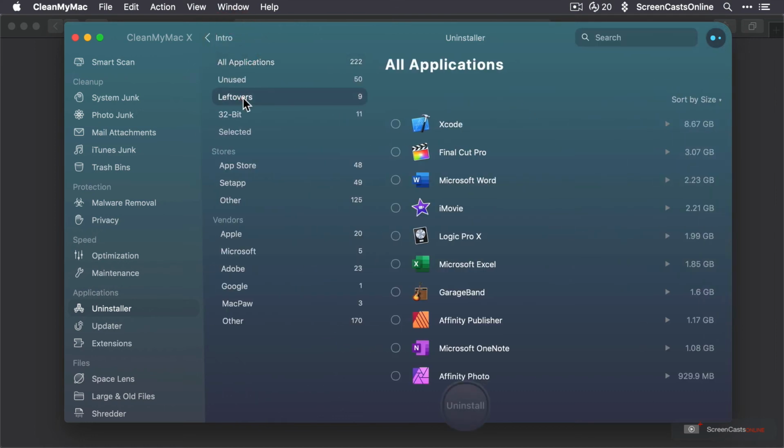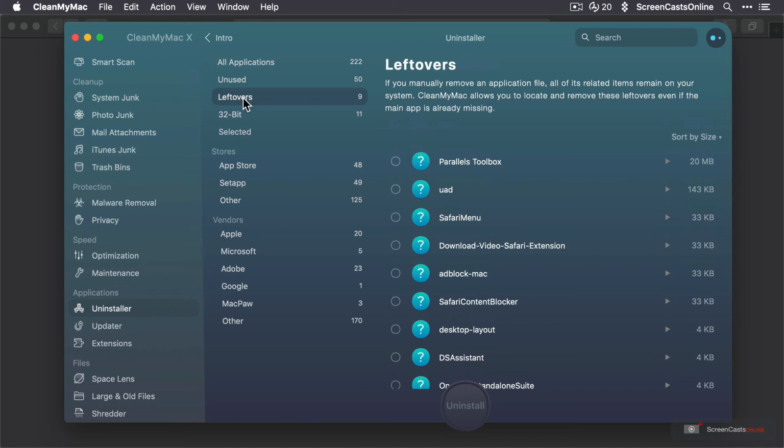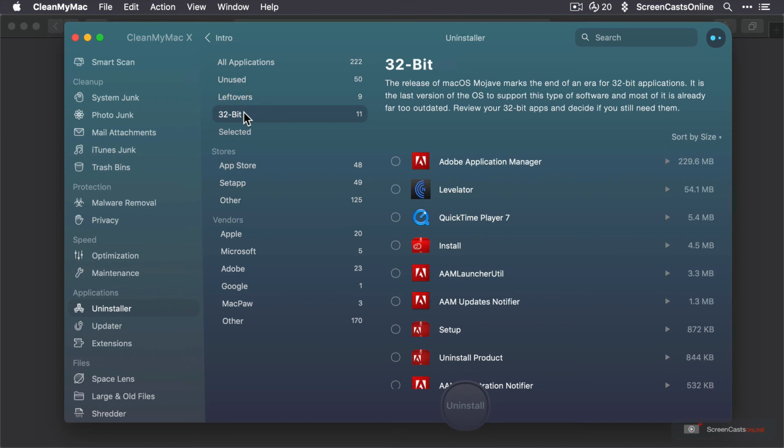Now there are some leftovers here, so applications that I've uninstalled manually that I can clean up, so I can select those and uninstall them. And this bit here identifies some, not all, of the applications that are 32-bit. So for instance here, I've got Levelator, which can go. I know they're not going to update that to 64-bit. And QuickTime Player 7, I used to use that a lot, but I no longer need that, so I can